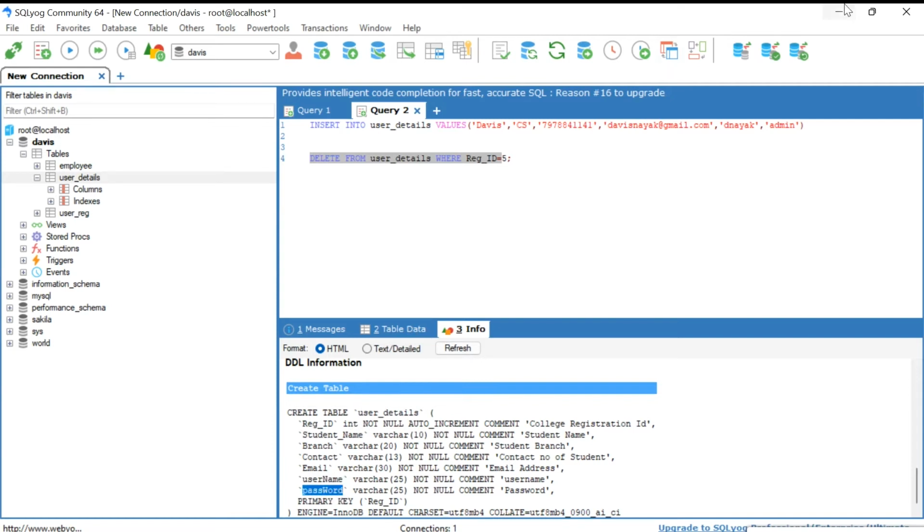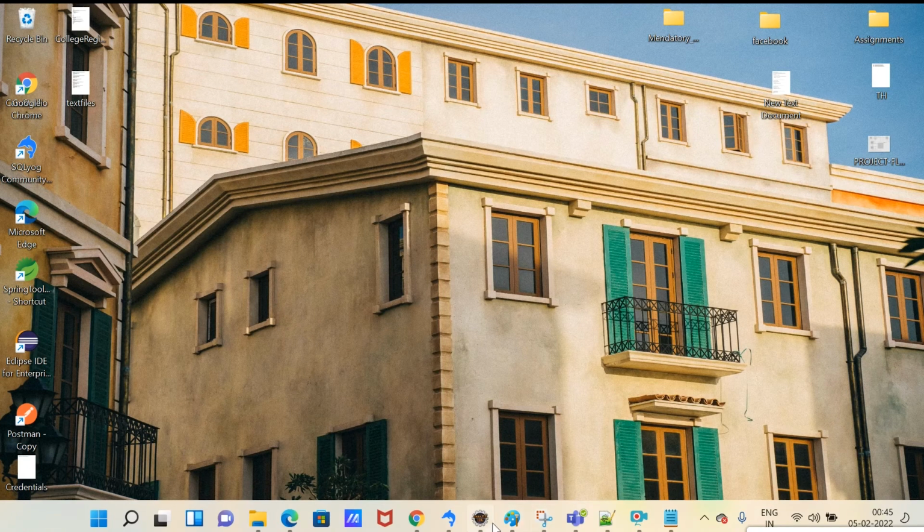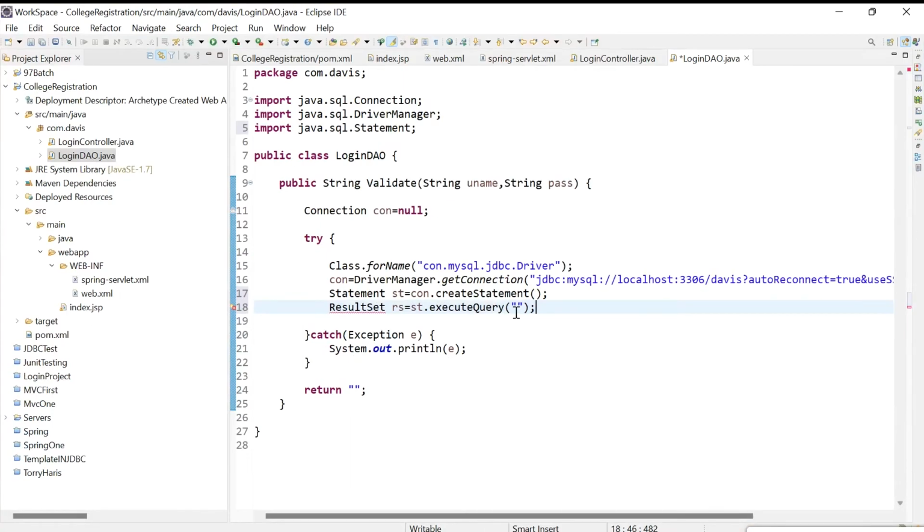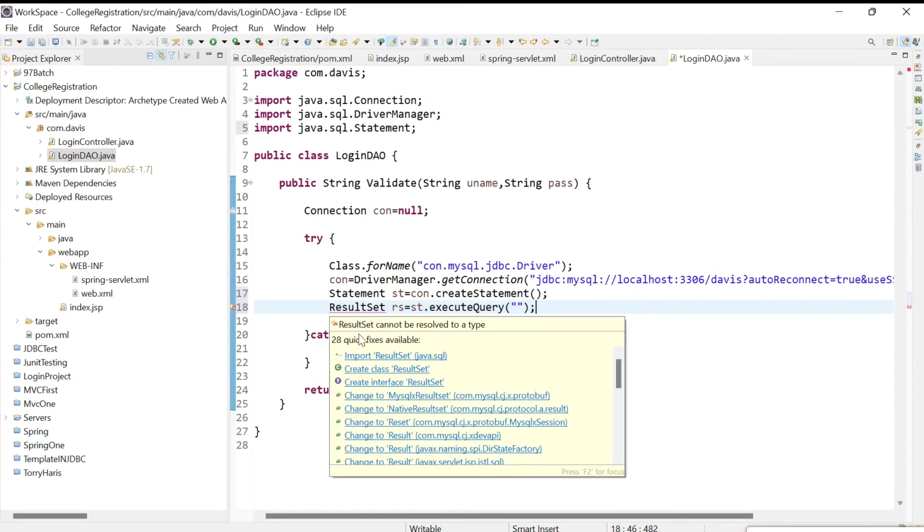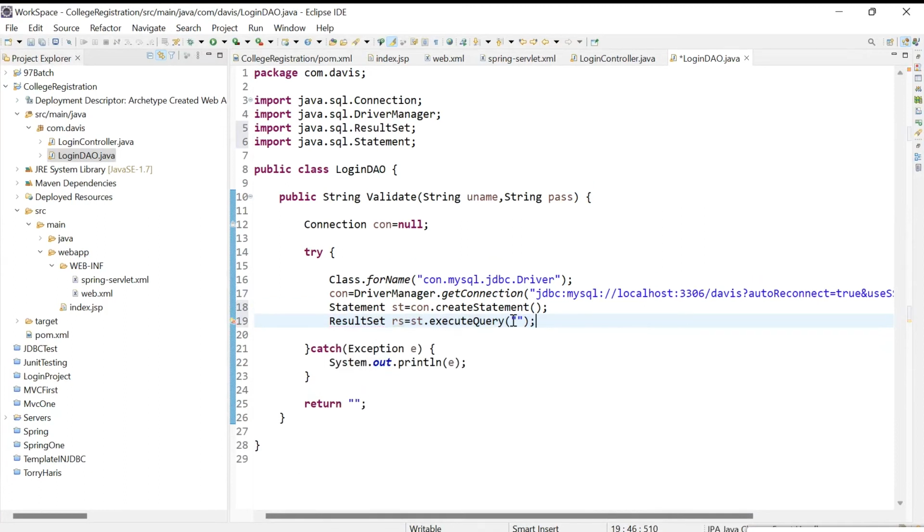Okay, so for that we'll write our query. Let's first import this result set, then the query. What we'll do here: select password